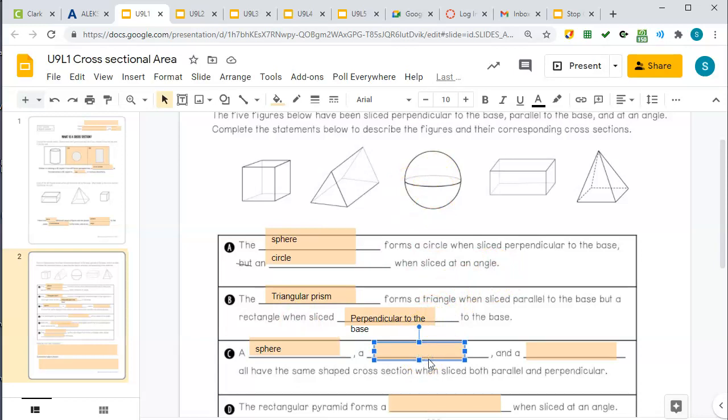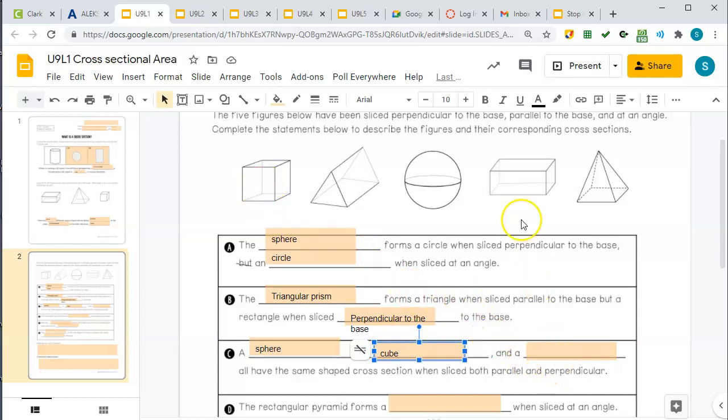The cube, well, if you cut it this way, you get squares. If you cut it this way, you get squares. If you cut it the other way, as long as you're parallel to a face, you're going to get a